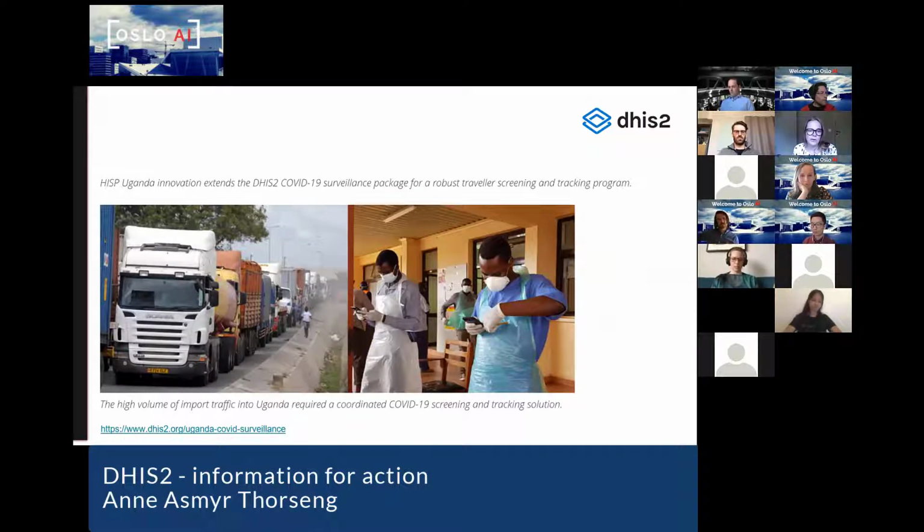quickly set up this traveler screening program because Uganda is a landlocked country with no ocean around it, so all their goods have to come in by road. So even though they've closed their borders, a lot of trucks still cross, and they're tracking names and symptoms at the border, and they're printing out QR codes that they have to bring with them to the next checkpoints, and they know if the test points are positive, they can be stopped at the next checkpoint. And so they have a pretty good system in place to ensure that the disease doesn't spread too quickly in this use case.